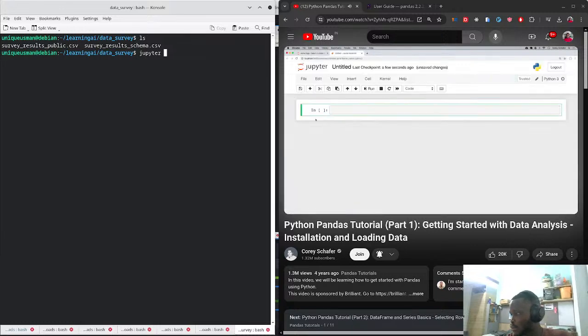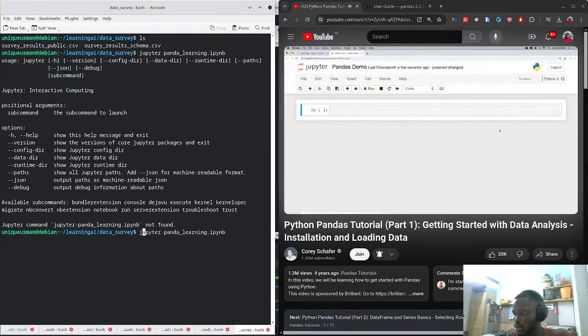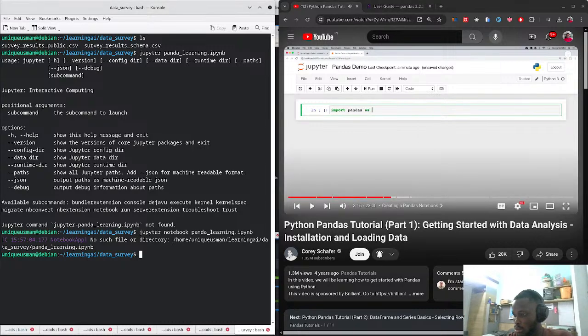And now we can name our notebook. So up here where it says Untitled, I'm going to click here, and I'm just going to call this Pandas Demo, and rename that. Okay, so now we're ready to start using Pandas. So we can import this by saying import Pandas as